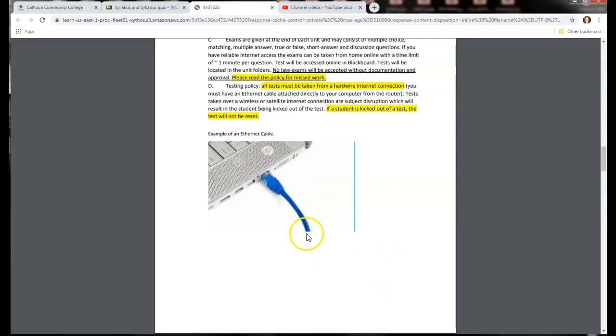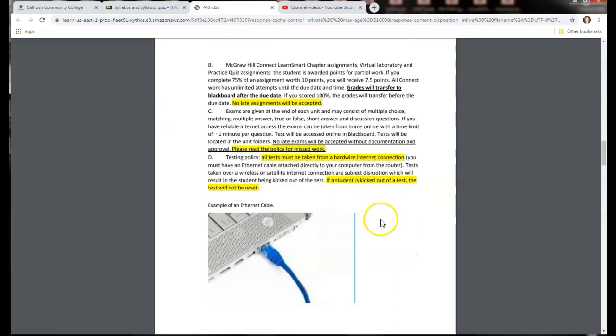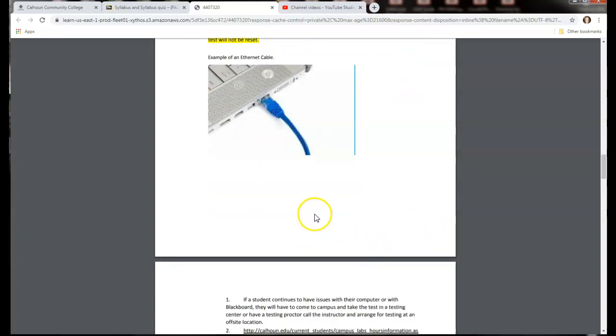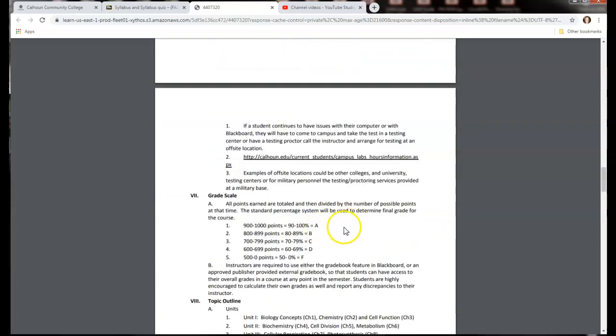I would say if you have spotty internet, you need to go get an Ethernet cable, you need to hook it into your laptop, and you need to hook it directly into the modem. So you can Google how this works, but I thought I would put an image there because I've asked students, are you using an Ethernet cable? And they say yes. And I say, okay, well, take a picture. What does it look like? And then they go, oh, no, I'm not, right? So if you know you have spotty internet service, make sure that you go purchase one of these. It's a couple of bucks. And it will save you from being kicked out of a test and having to have it reset and take the test all over again.